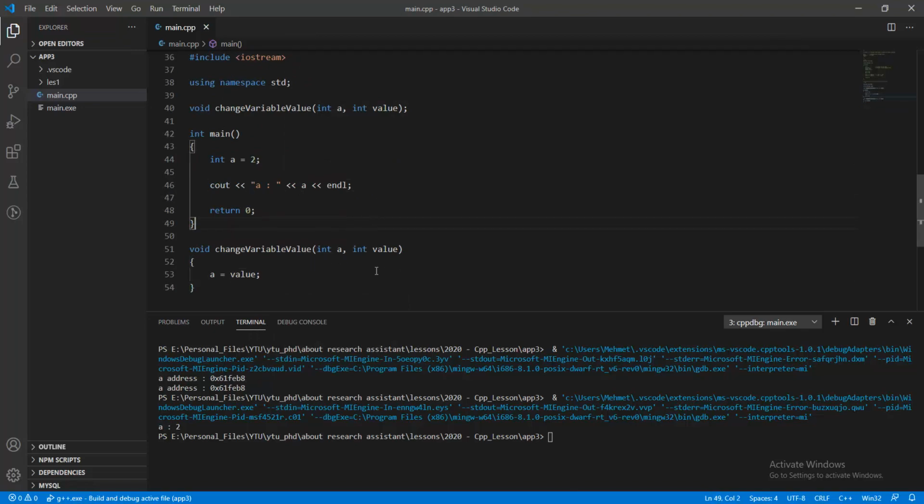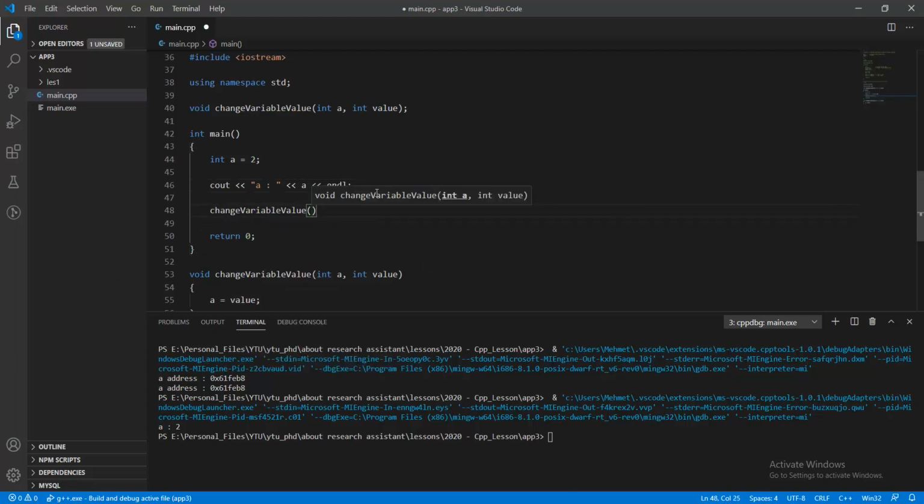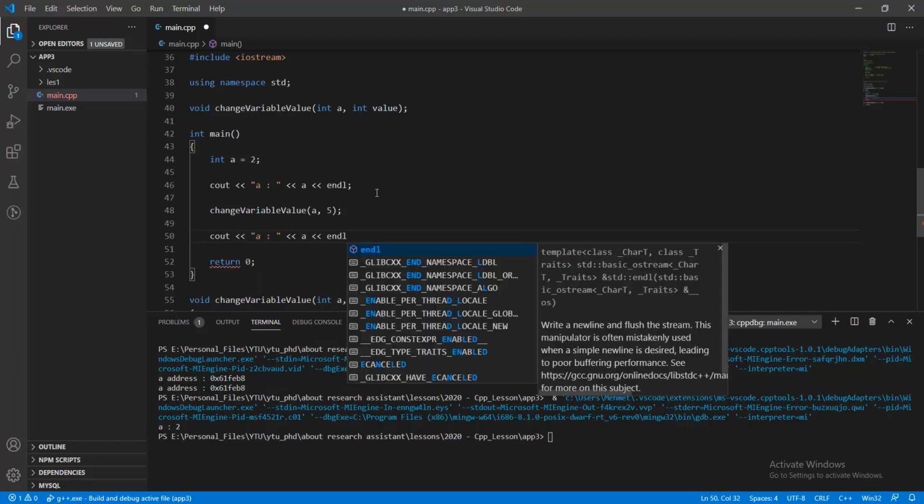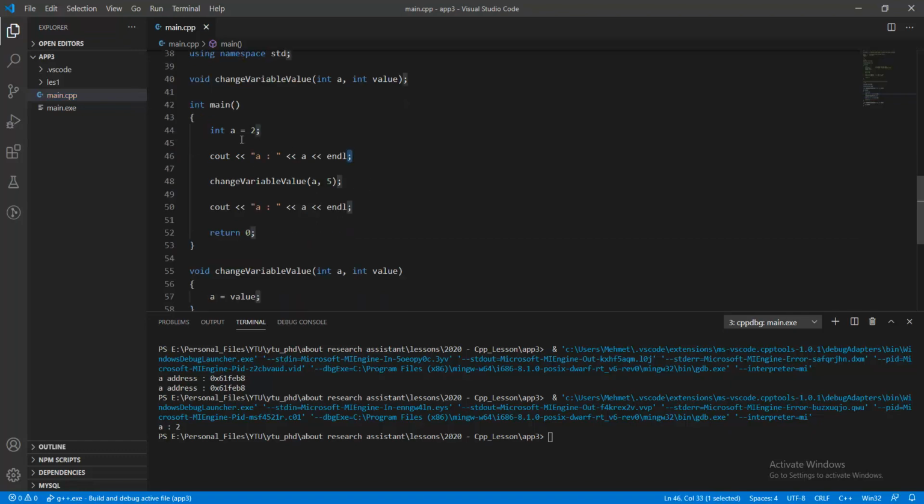In this function block, we can implement this in the main function, or we can call this function in the main block with the parameter of a with 5 value. And so cout a must be equal to 5,